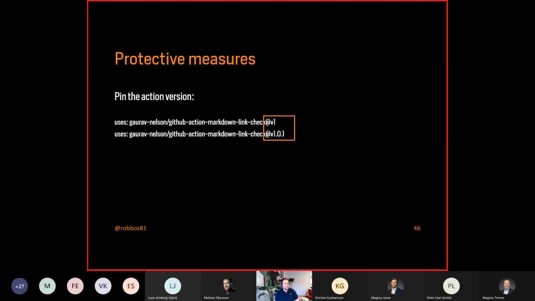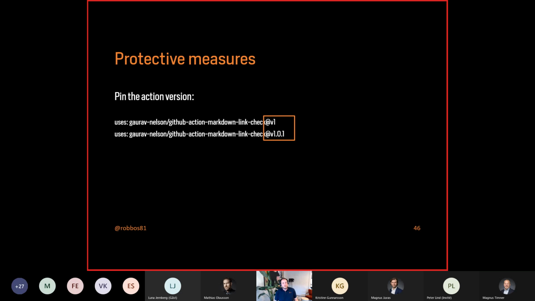What you can also do is pin the action version. This used to be an extra security measure where everybody was using actions without a version. And that meant that you were always using the latest version available. But you can now say, I'm going to look into an action, check the code, what it's doing, and assess the risk again, and say, okay, I'm willing to use version 1. You're using semantic versioning here, so you could say, I want you to use version 1. There's no breaking changes in there. This one is good to go.